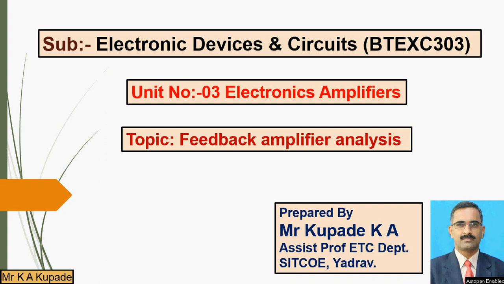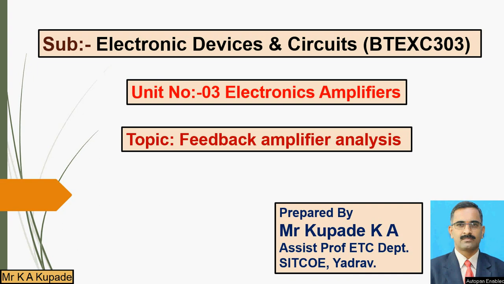Input and output resistances are again considered by connecting the amplifier in a feedback configuration. Whatever the feedback configuration is, it is done as either voltage series, current series, current shunt, or voltage shunt. All of that is considered to calculate the input and output resistance of the feedback circuit.